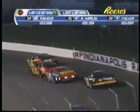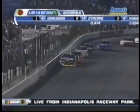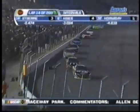Ralph, some of these guys look like they're pretty good, and some of them are struggling with their setup. Well, that's exactly right, Benny. And the common terminology we're hearing a lot of here tonight is tight in the center. Can't get the car to turn, and then I'm very loose coming off the corner. One of the trick terms that we're hearing now to fix that problem is something the pit crews are calling hillbilly. Now, what they want to do is get more spring rate on the left front as opposed to the right front. The more travel you have with the spring gives it